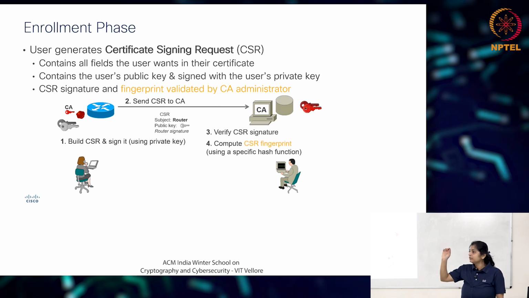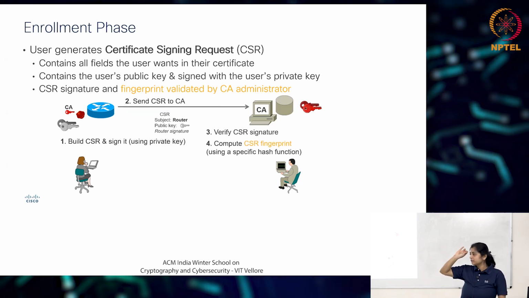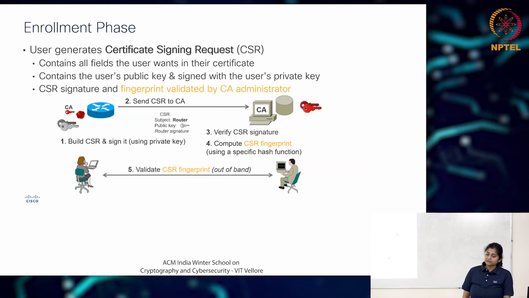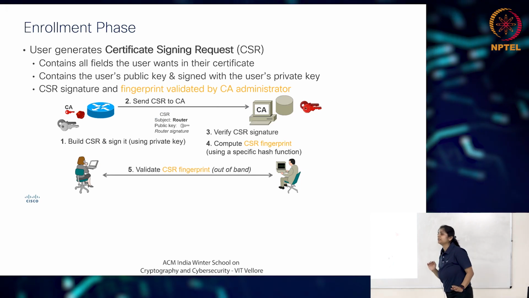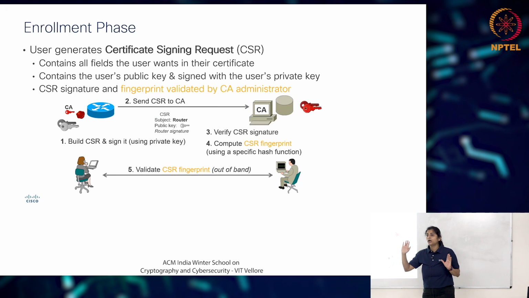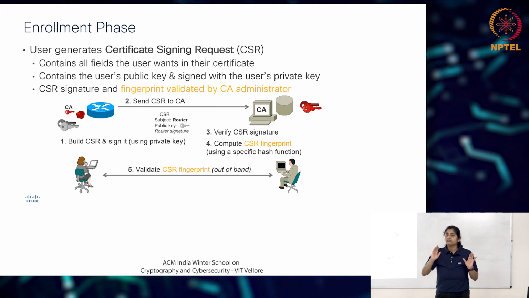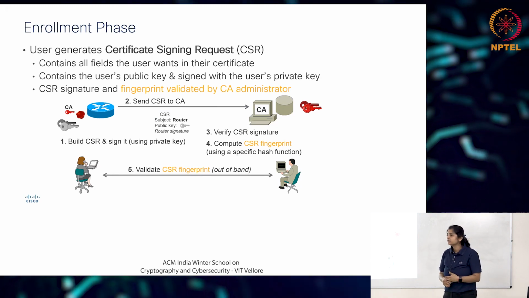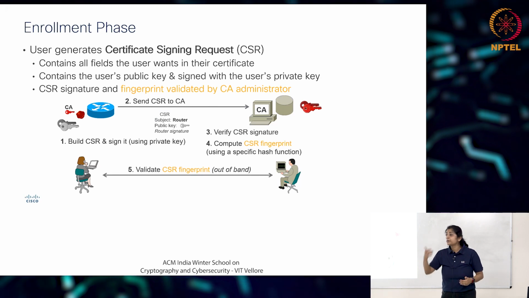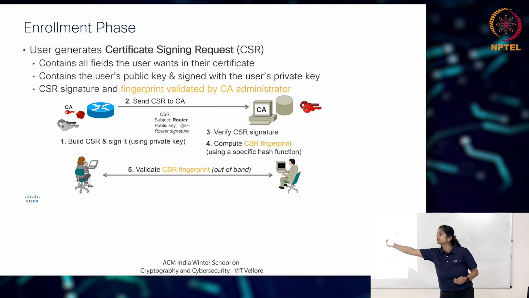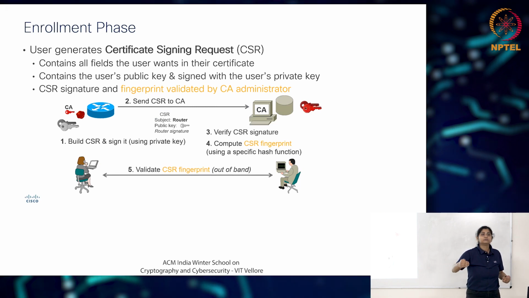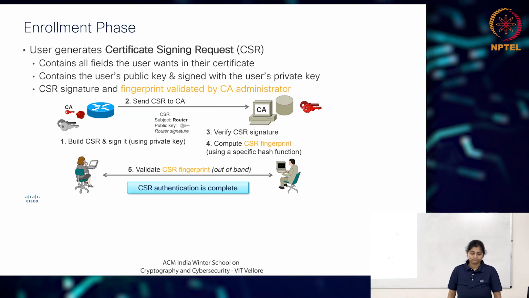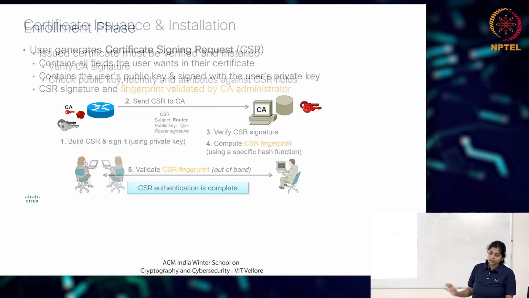CSR fingerprint is done. Again, fingerprint is nothing but the hash of all the values we are adding to the certificate. We validate the CSR fingerprint. Now, this is again a trust system that you have to manually do, because if someone is just proxying a fingerprint, then definitely this process is compromised, right? So you need to have a list of all the fingerprints that you trust. That fingerprint should match with the CSR certificate fingerprint. Clear? Doubts? So the CSR request is completed.